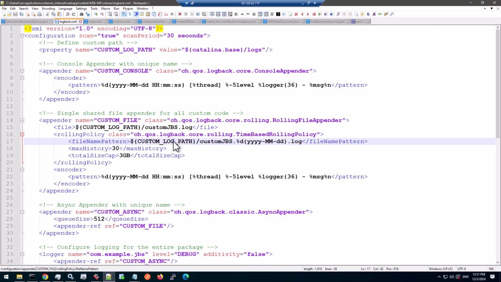So you see there's a custom log path. Basically, the custom log path is just Catalina base, which means the internal Tomcat/logs. Oh yeah, did I mention these are log files that will go into your Tomcat log folder because your code is running on Tomcat? You didn't expect it to be on the Siebel server log directory, did you? So I have a file name, custom.jbs.log,